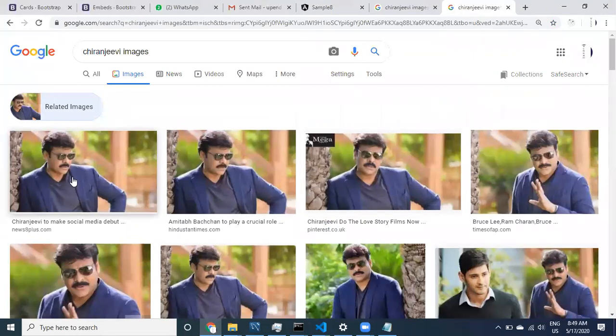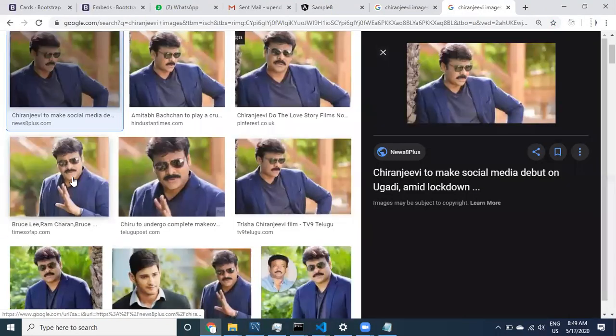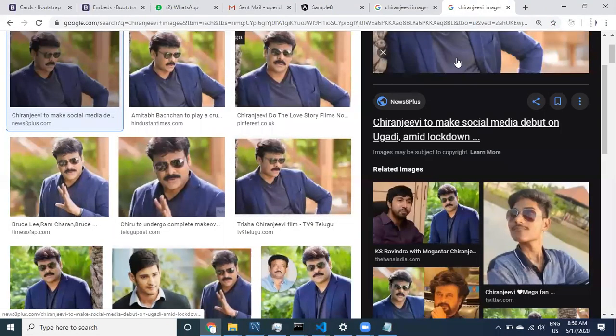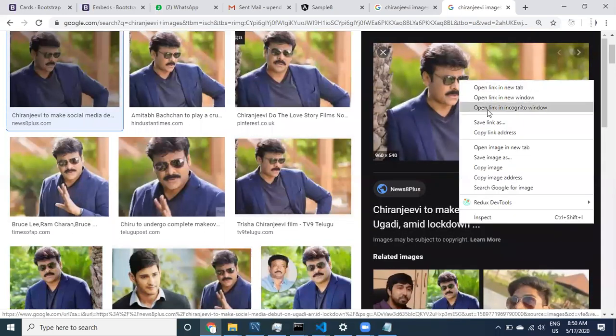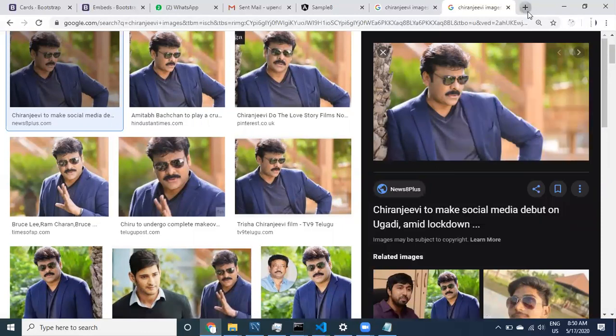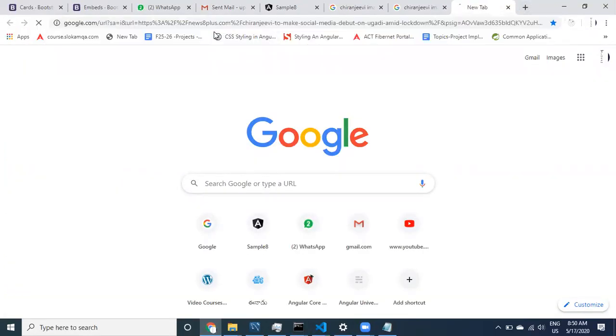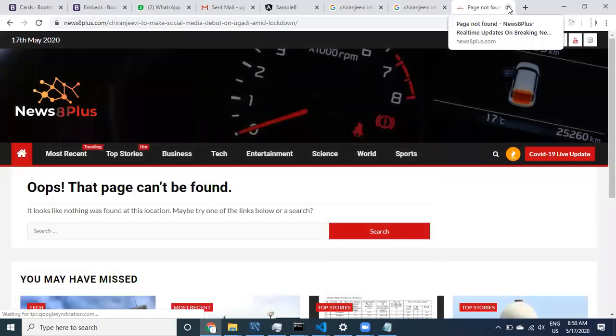One more thing: if I right click on this again, copy the link address and check it out, how is it going to display? Actually, this is not the image URL.